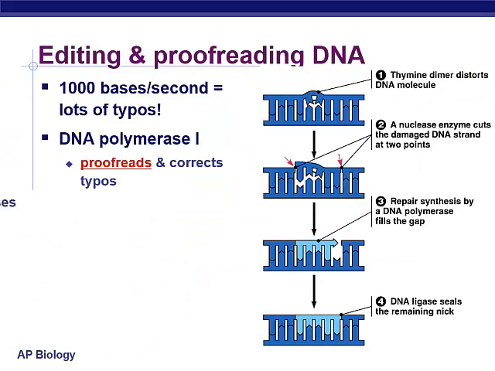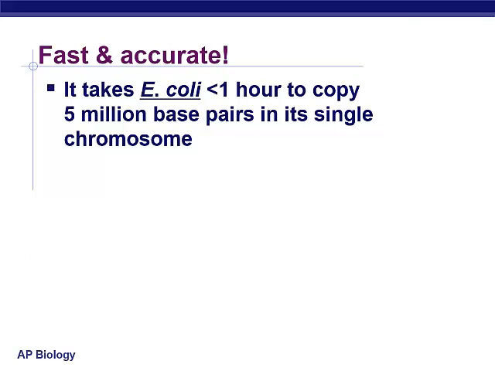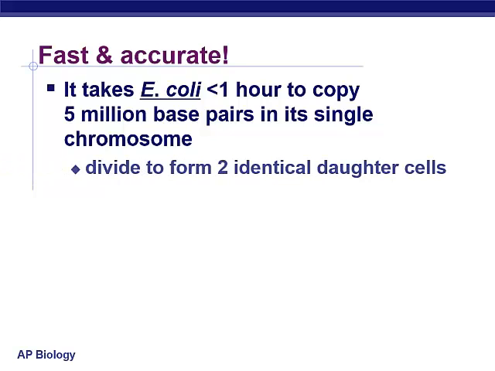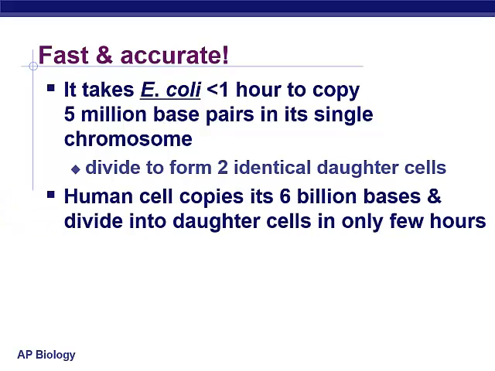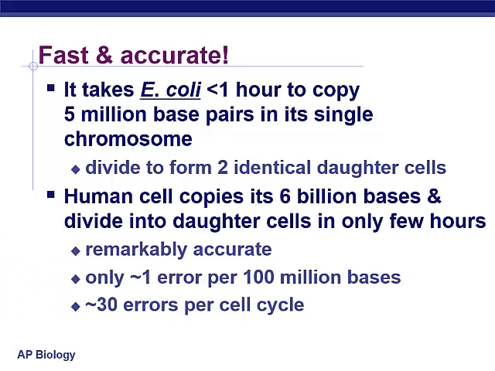Keep going, keep going, keep going. We try not to make any mistakes. 1 E. coli can copy 5 million base pairs in about 30 minutes. A human cell can copy 6 billion bases in just a few hours. And there's only 1 error per 100 million bases. So it's really